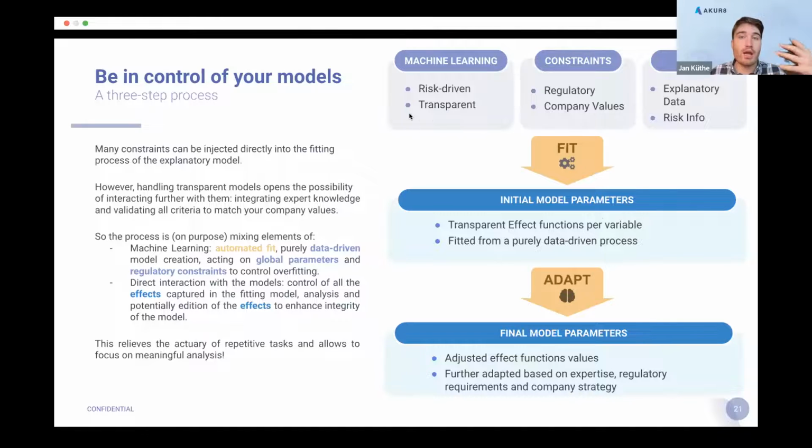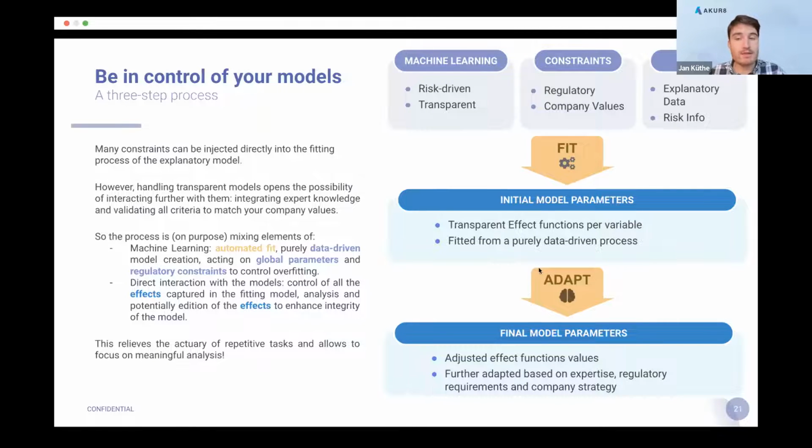You have an algorithm, a transparent setup you want to use, and of course the regulatory constraints and guidelines accompanying your company values, which you of course also want to reflect in your tariff. Then, fitting those generalized additive models, you can use all the machine learning cloud infrastructure can offer to fit nice models, be it totally unconstrained or partly constrained, or even models that could then be directly used in the Japanese market.